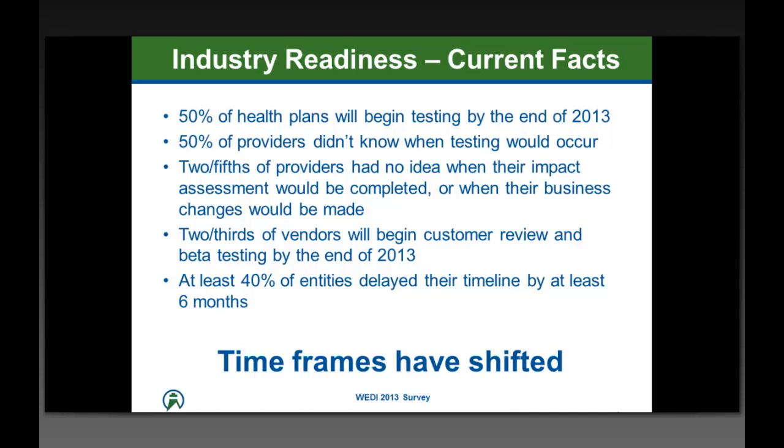And so we know this from organizations that we've currently been working with. Two-fifths of providers didn't really have any idea when their impact assessment would be completed or their business changes are going to be made. The vendors are beginning customer review and beta testing by the end of this year, and that's important because where do you fit in their lineup in order to get things done? And 40% of entities had delayed their timelines by at least 6 months,